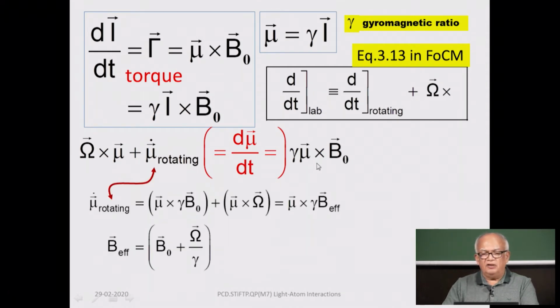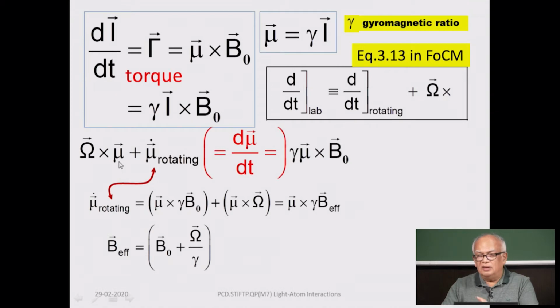So it is exactly the same kind of relationship, and you can extract the mu dot term, which is the rate of change of the magnetic moment in the rotating frame, which is given by this term minus this term. So this term is what I have written here, except that I have moved gamma to be multiplying B0 rather than mu. It leaves the value of the cross product invariant. So I have mu cross gamma B0, and this comes out on the right side with a minus sign, but I write it as mu cross omega instead of omega cross mu.